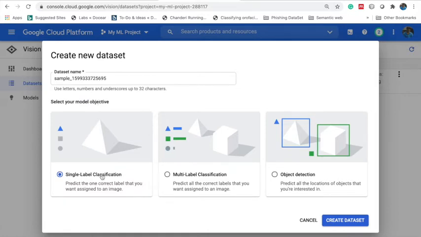Is it a single label classification, or a multi-label classification, or object detection? Among these three options, I wanted to exactly detect my elephant type as Elephas maximus. So I'm going to select the single label classification option. Then click on create dataset.